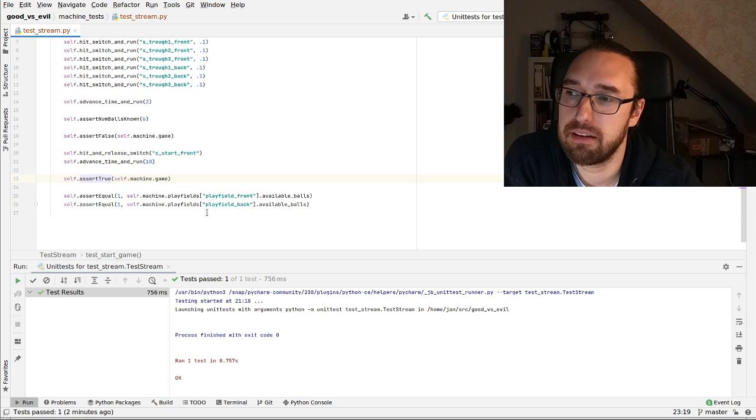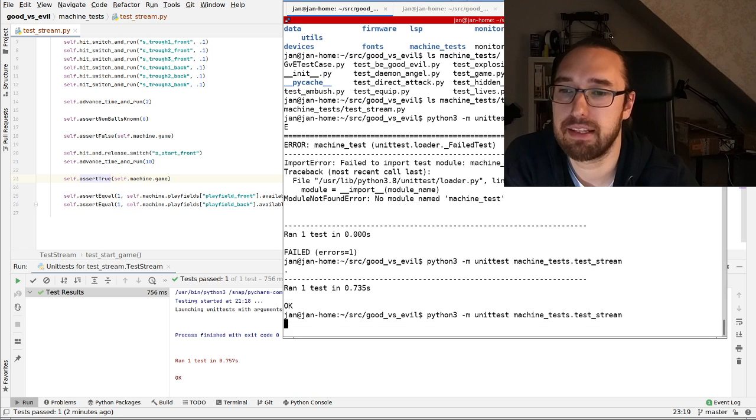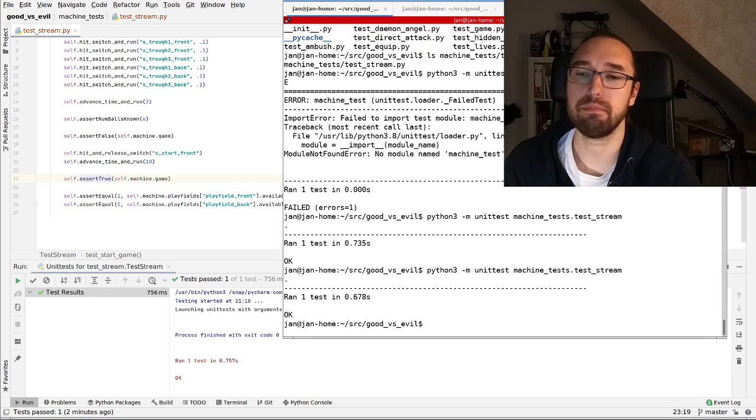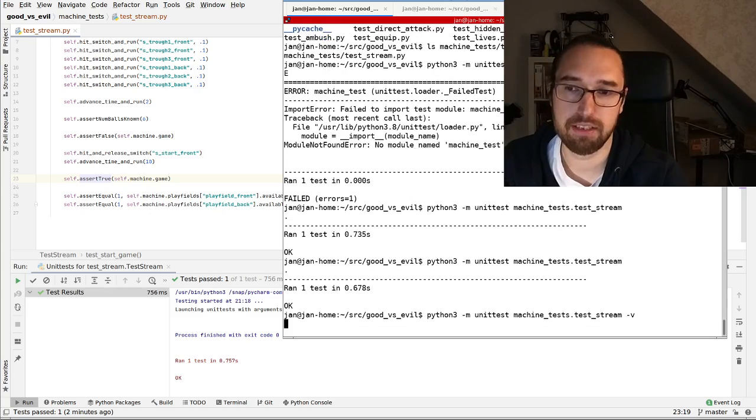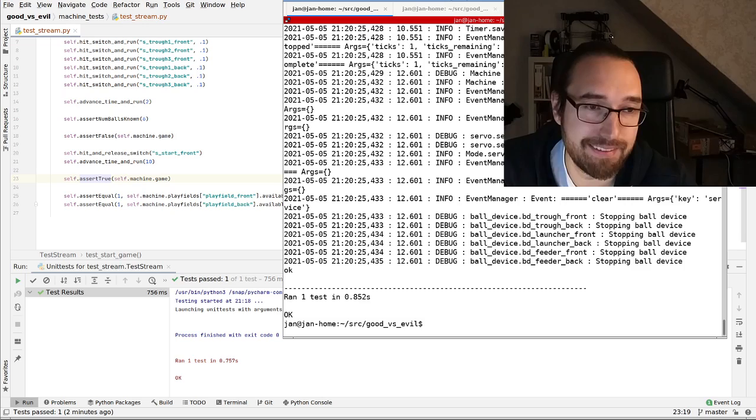And finally, all I did here is check that there's 1 ball available on each of the 2 playfields of my machine. And now I already showed you that this test case passes. We can also use -v, and it will show you the log of the machine. As you can see, that's a lot of stuff here,